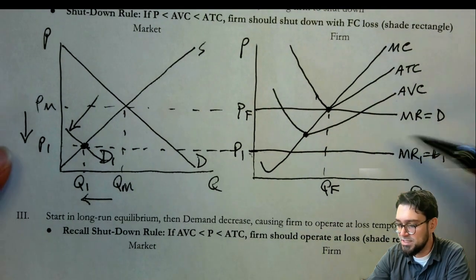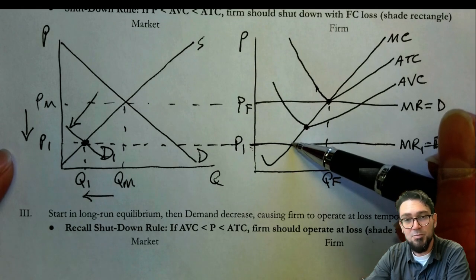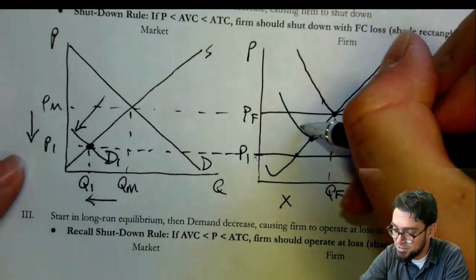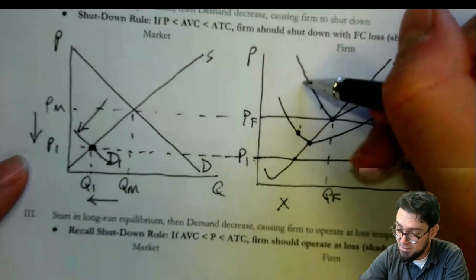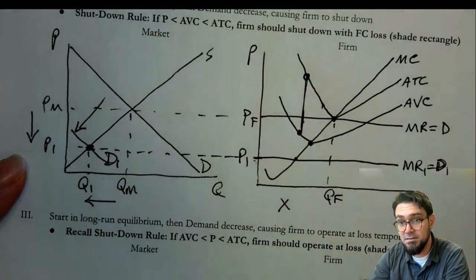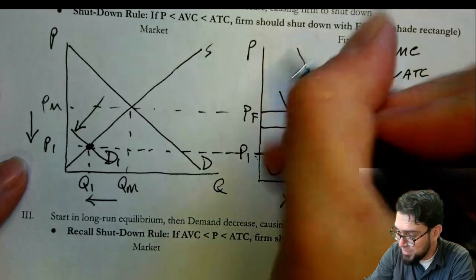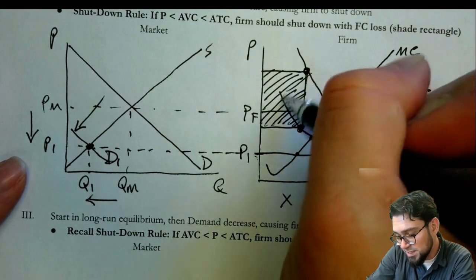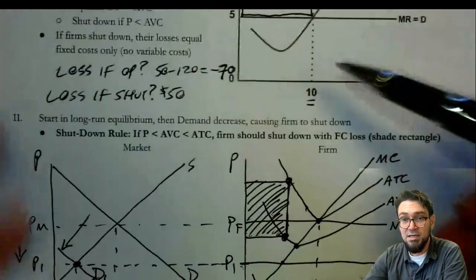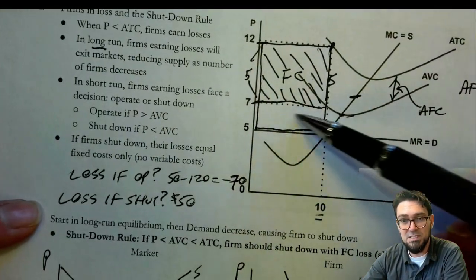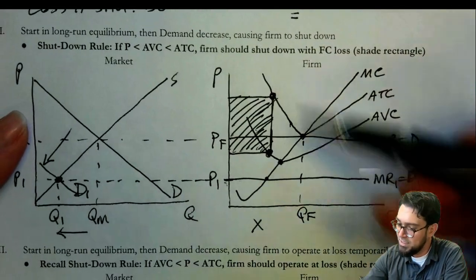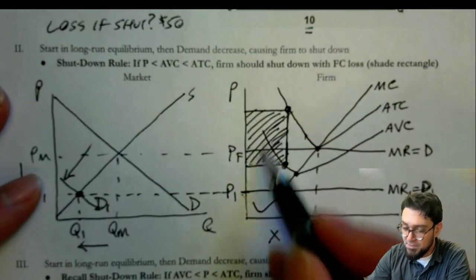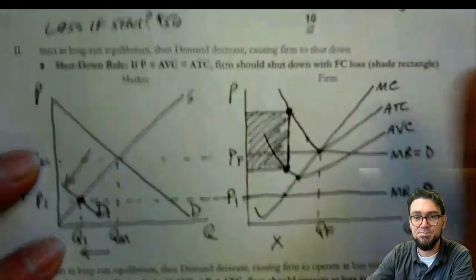Now, what most students do is they actually pick where the MR equals MC is, but that's not actually how much they're producing because this firm's not producing at all, right? They're not producing. And so we would actually just be able to say directly from this point, the AVC up to the ATC and over. And again, I just picked that as a vertical. You could pick any one, but that's how much money this firm would be losing. And again, what would they be losing if they operated? Just look up here, right? You can see they would have this additional rectangle of loss if they were to operate. It would come all the way down here to that new MR1, and they'd have a larger area of loss. Instead, they're going to take their fixed cost, which is their loss in this case.